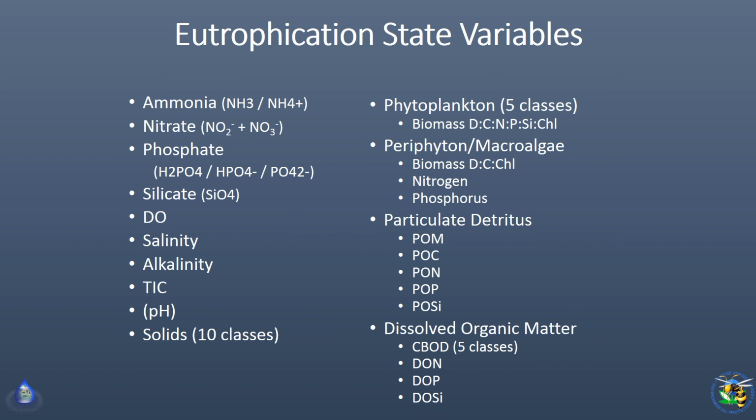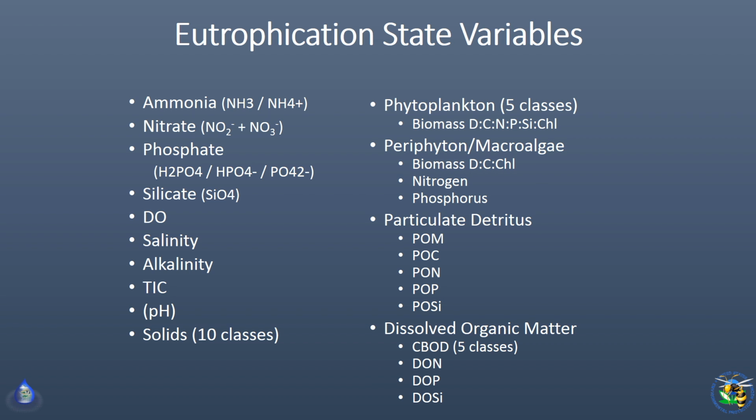So the state variables for the eutrophication model are ammonia, both total ammonia, but it's broken out by ionized and unionized ammonia, and it will calculate unionized ammonia if you're simulating pH. Nitrate includes nitrite. Phosphate includes the 3 ionic forms of phosphate. Then you have dissolved silica, dissolved oxygen, salinity, alkalinity, total inorganic carbon, and then pH, and simulating up to 10